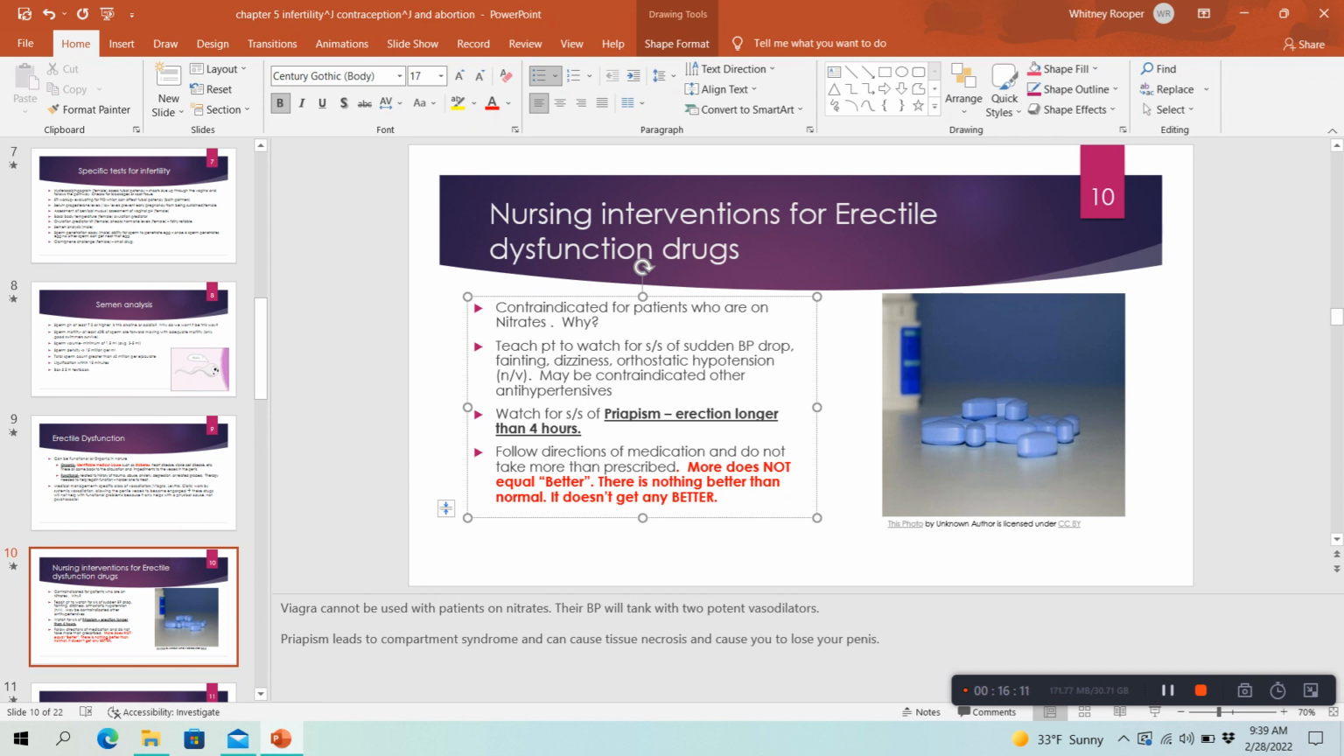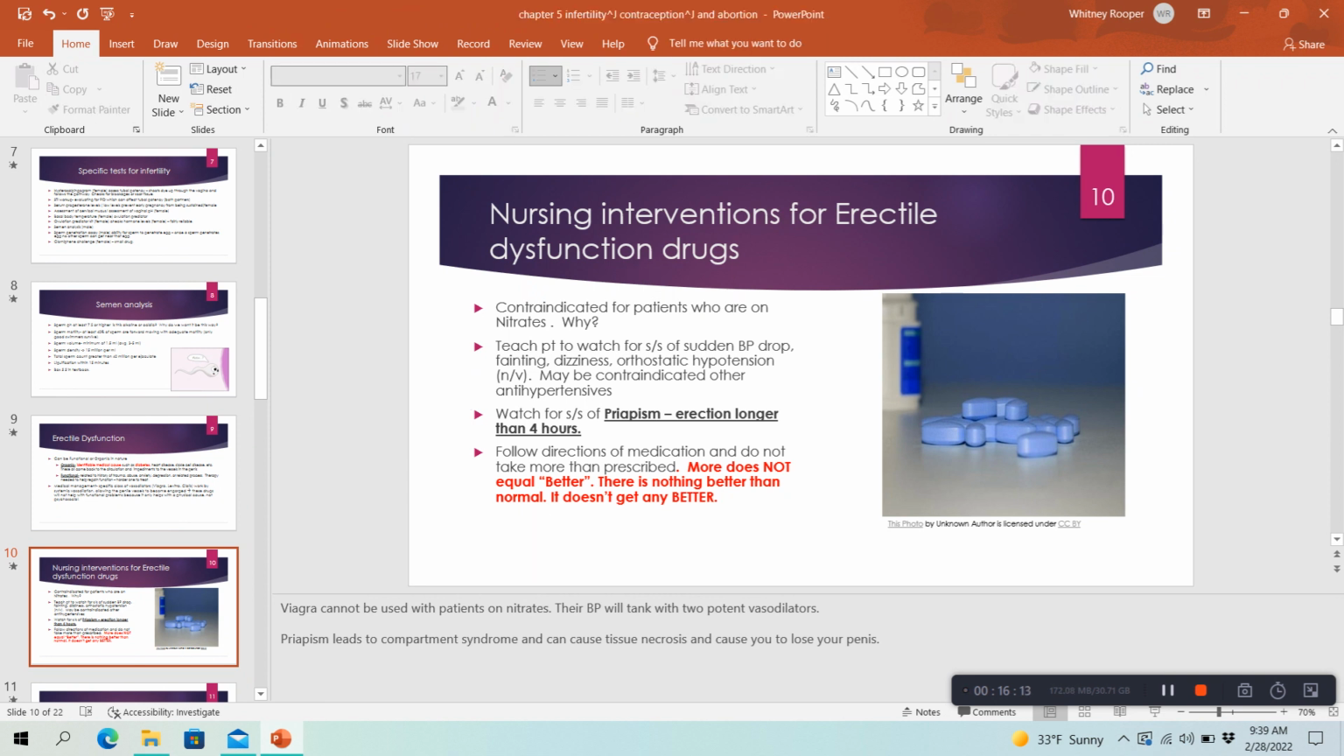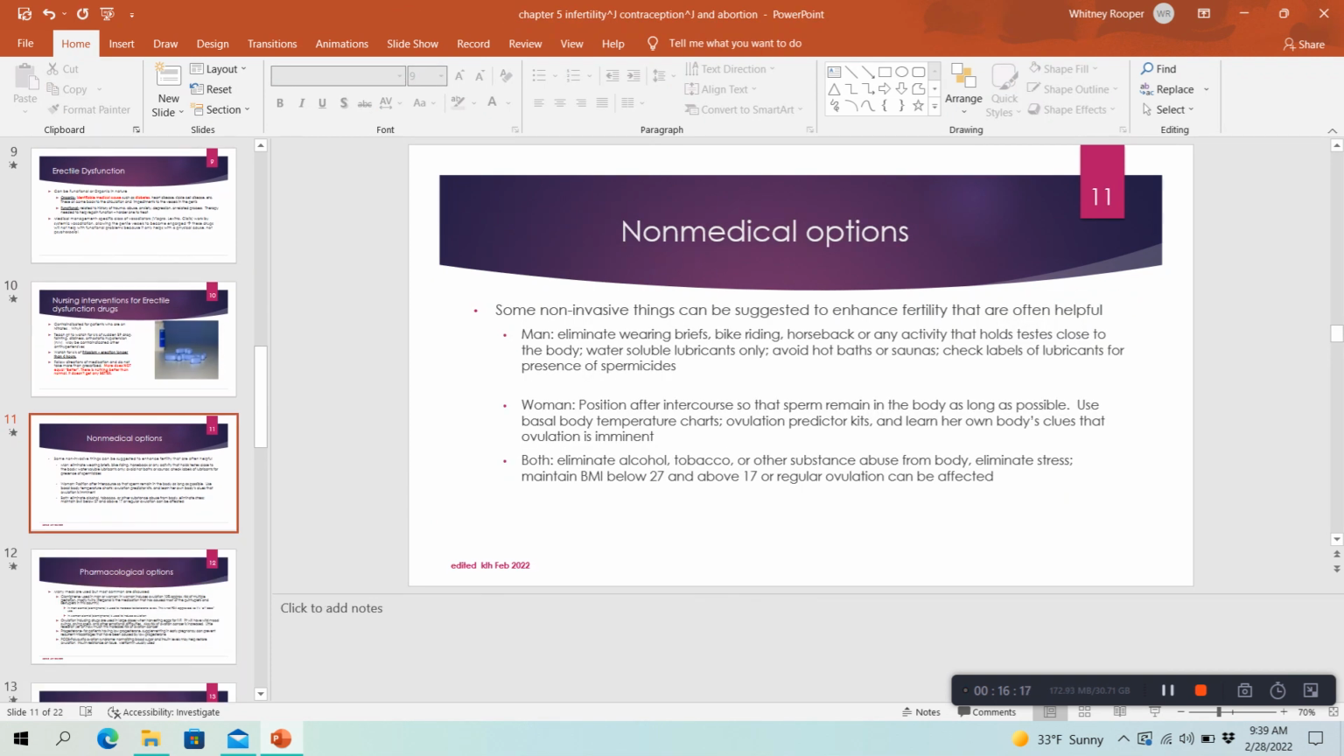Okay, so now, we talked about some of this, but just a few more suggestions. With people with infertility issues, some non-invasive medical things that can be suggested to enhance fertility. So for a male,